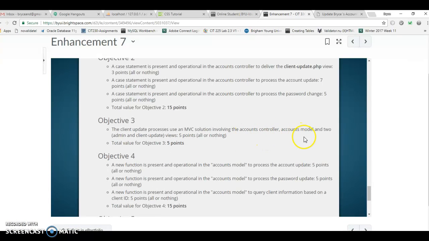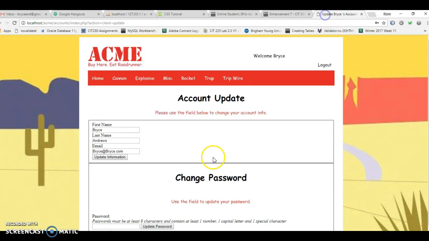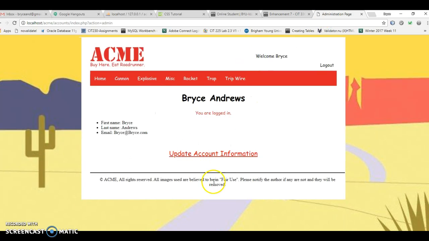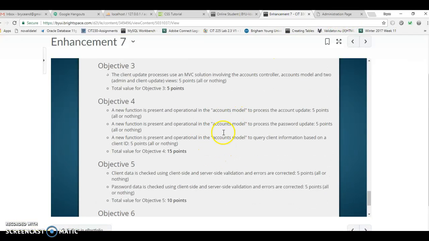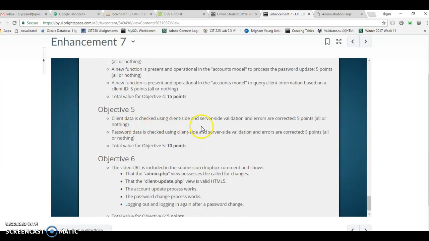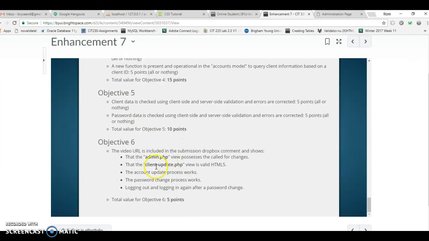Use the accounts controller and accounts model for those two views. As you saw, it returns one for an administrative view and one for just a client view. Those functions are present. Client and server-side validation. The admin PHP